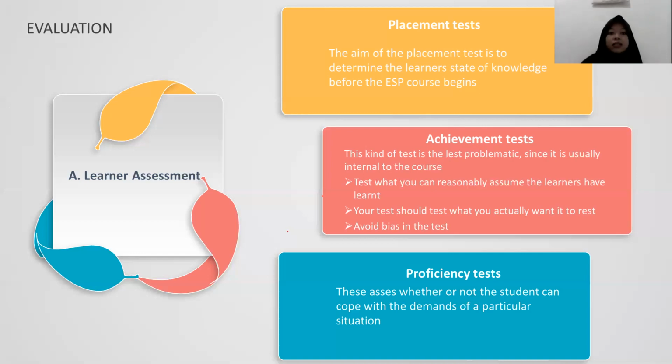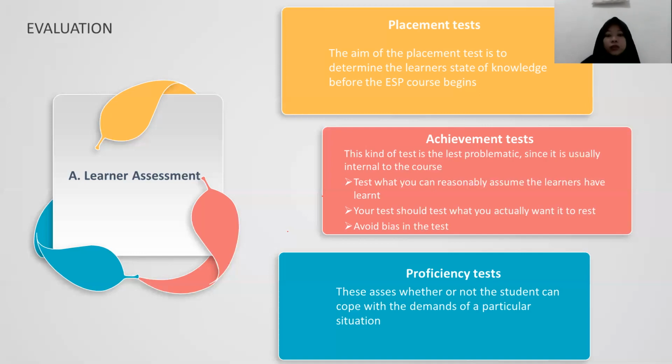Alderson and Hoff, 1981. The achievement test is, however, the kind of test the ESP teacher is most likely to have to construct. In constructing a good ESP achievement test, you should follow the same basic principles as you would for constructing any test. For example,